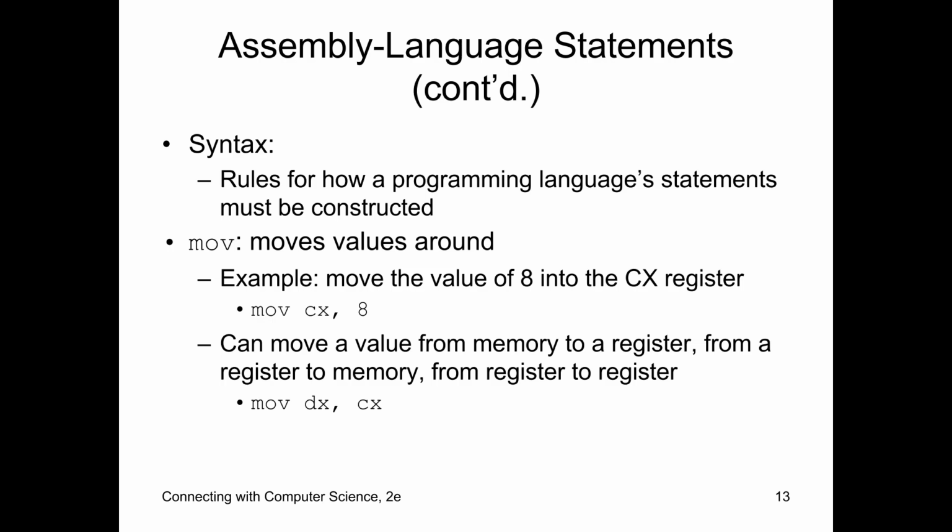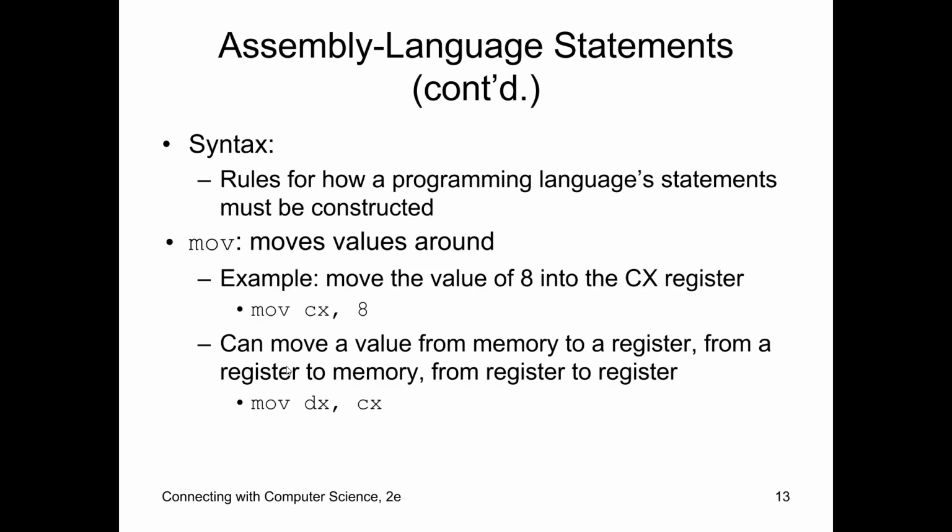So most compilers will check syntax. So to move something, you use the move command. And so if you want to move a value into the CX register, this is the command. You're moving into this register, and then you've got a comma here, and you're moving the value 8 in here. So looking at it, I'm moving into the CX register 8. Now if I want to copy, I can copy the value of one register to the next, saying I want to move what's in the DX register into the CX register. So you can move values from point to point, but as you're moving values from one register to the next,